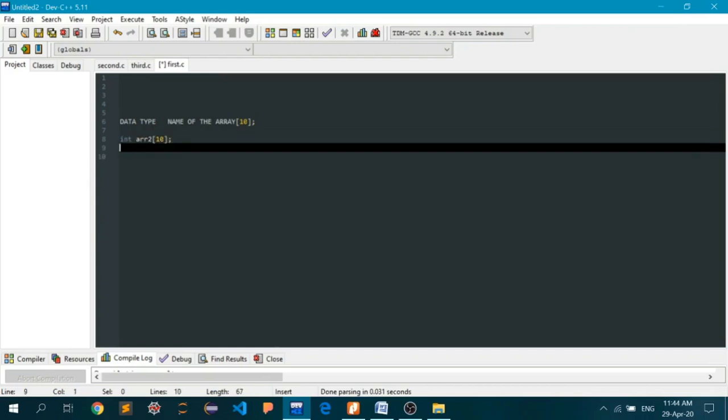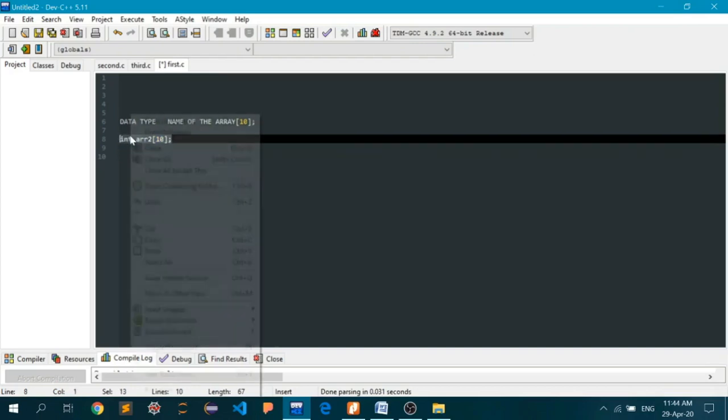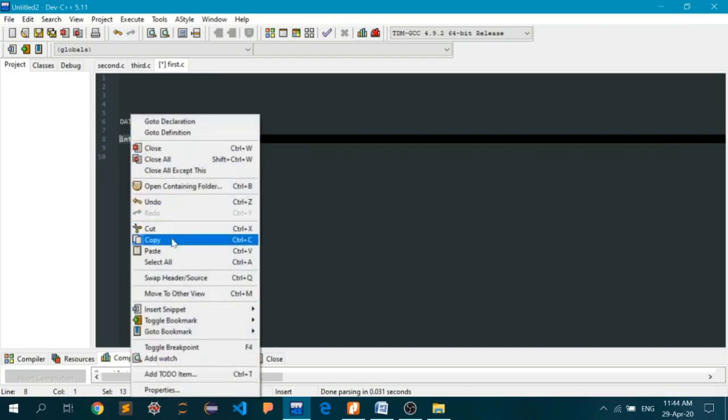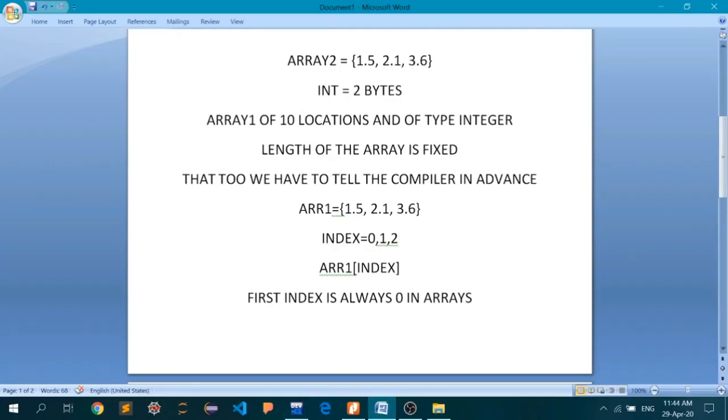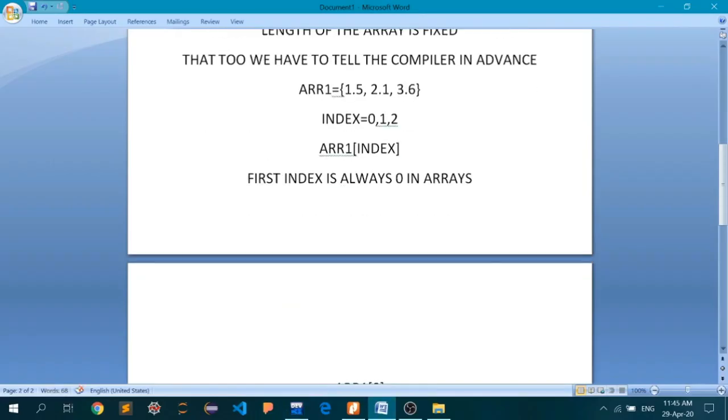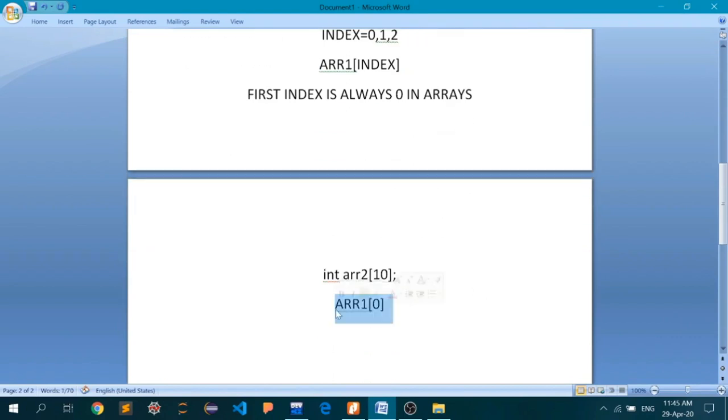Now we have only declared the array. This syntax here is only a declaration.